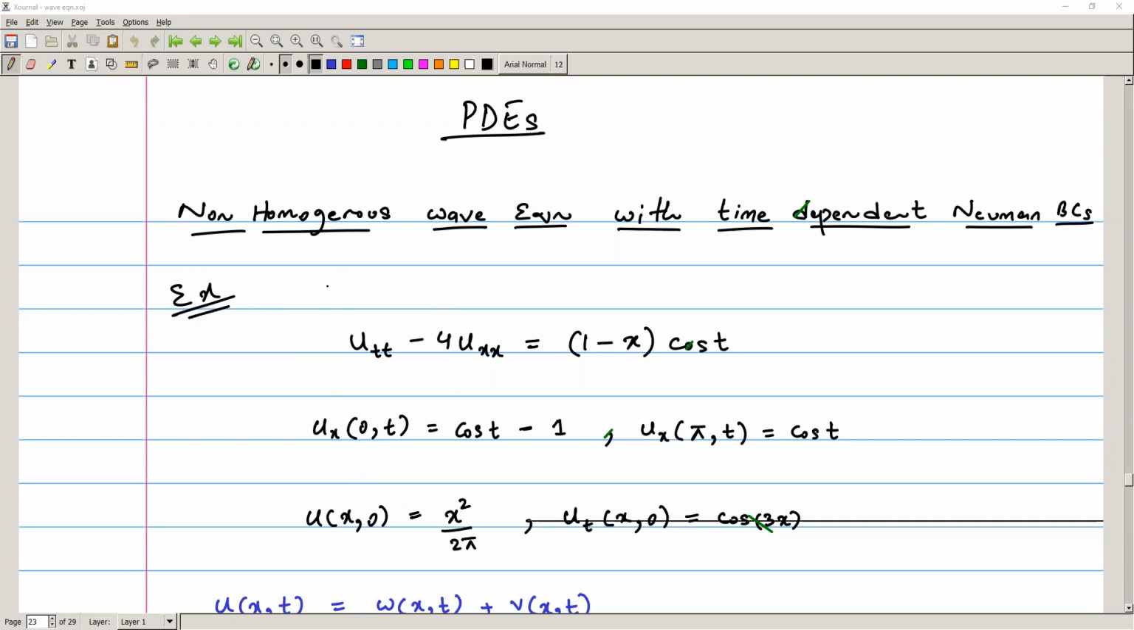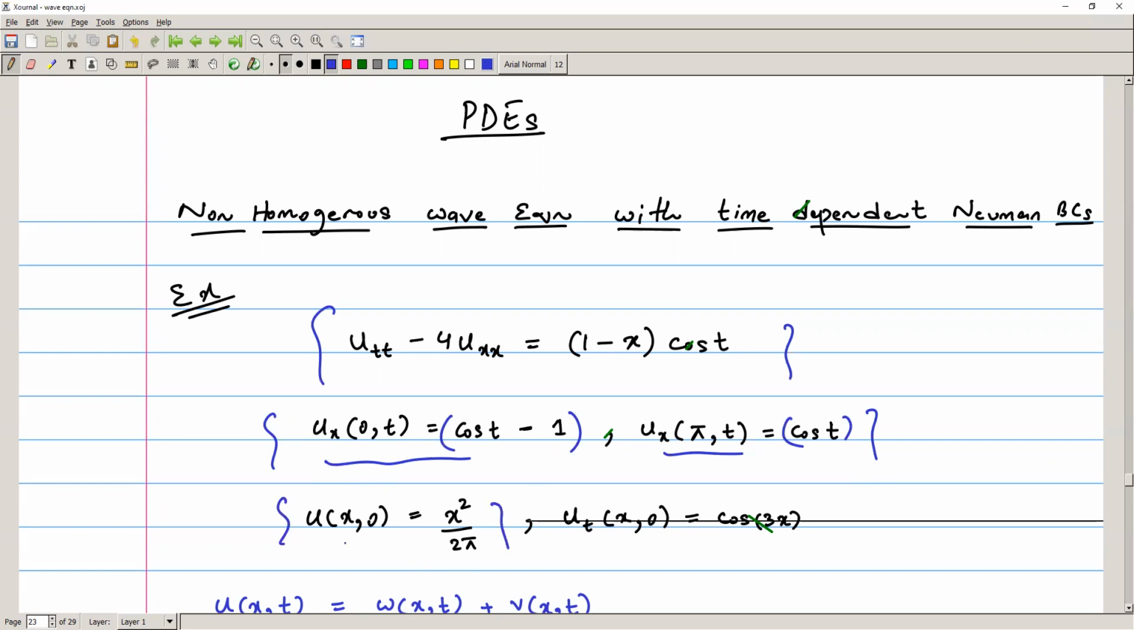Now in this class, we are going to discuss the non-homogeneous wave equation with time-dependent Neumann boundary conditions and time-dependent sources. Here an equation is given: u_tt minus 4u_xx equals (1 minus x) times cosine t, and the boundary conditions are non-homogeneous time-dependent Neumann boundary conditions, where u_x(0,t) equals cosine t minus 1 and u_x(pi,t) equals cosine t, and the initial conditions are given as well,